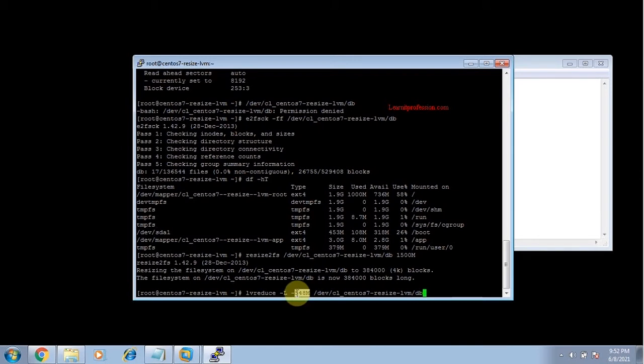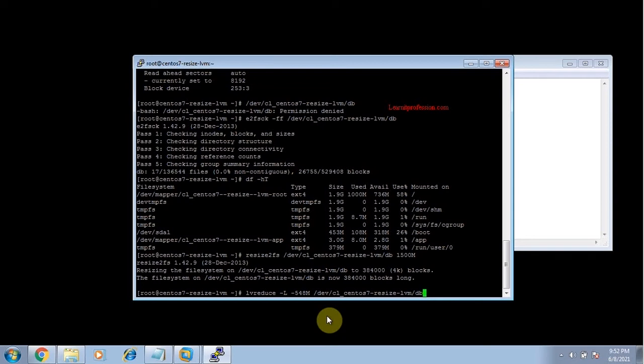Previously the logical volume size is 2 GB, and we have decided the size of db will be 1500M. So 2 GB is 2048M, 2 multiplied by 1024 is 2048. 2048 minus 1500M is 548M. M means mega.